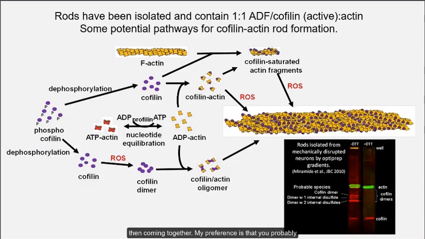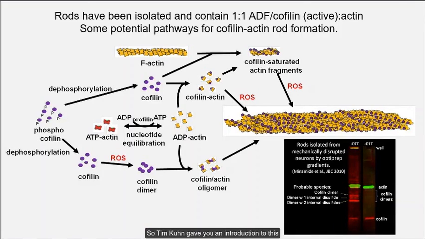My preference is that you probably get activated cofilin saturating actin filaments, so you get these stable pieces. And then under reactive oxygen, these come together and bundle into these processes. That's because when we looked at these in vivo in EM, they consist of a wide variety of lengths of actin filaments, much like you would get if you just